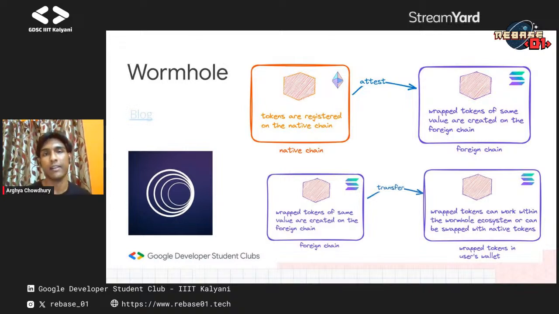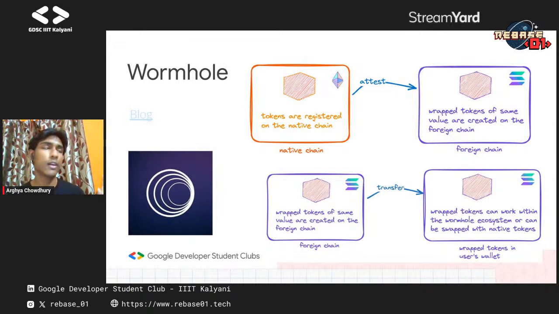See, first it will mint, but before that, on the Ethereum blockchain, the metadata and address of the token we want to send will be recorded. By doing that, Ethereum will be able to exist on the Solana blockchain. Now we can't directly send Ethereum to Solana because